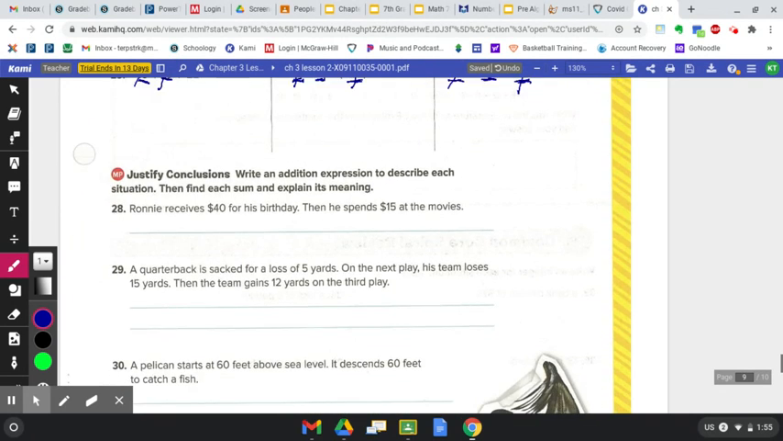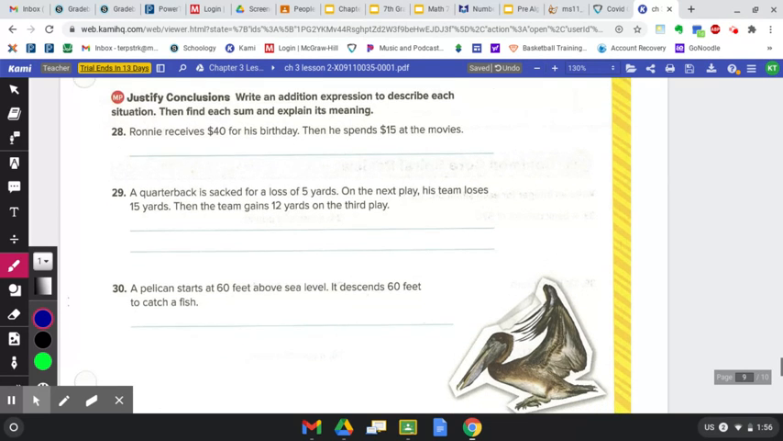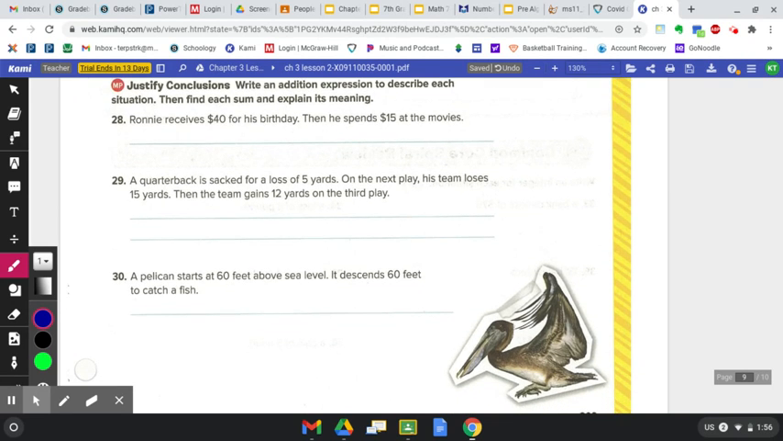All right, let's look at some word problems here. It says in number 28, Ronnie receives $40 for his birthday. Right, so let's just write that down. He starts with $40. He then spends 15 at the movies. Now it says write an addition expression. So how would I represent spending $15 at the movies? That should be negative